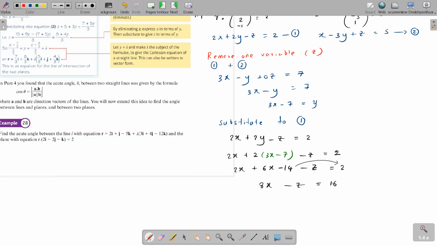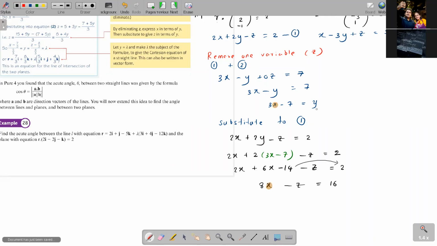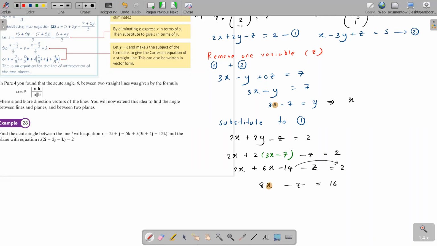Okay, so now what you can do here is, now I have actually the top equation. So the top equation I have x and y. The bottom equation I have x and z, right? So from both these equations, actually x is common, right? Make x the subject. In both the equations, make x the subject. What do you get when you make x the subject? You get here y plus 7 over 3. Do you agree? I made x the subject here and I get y plus 7 over 3. In this equation also make x the subject. I get z plus 16 over 8. Do you agree?